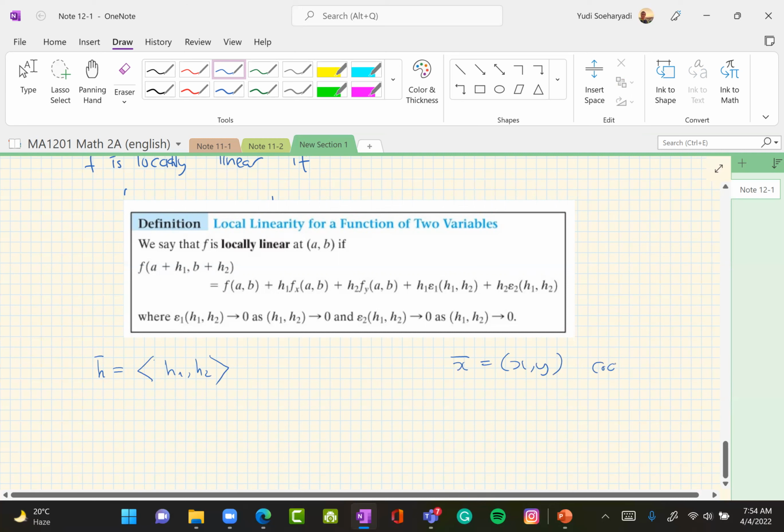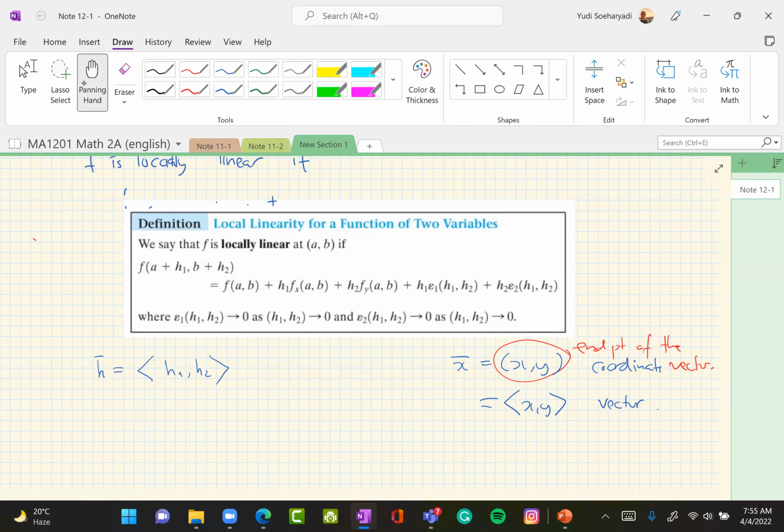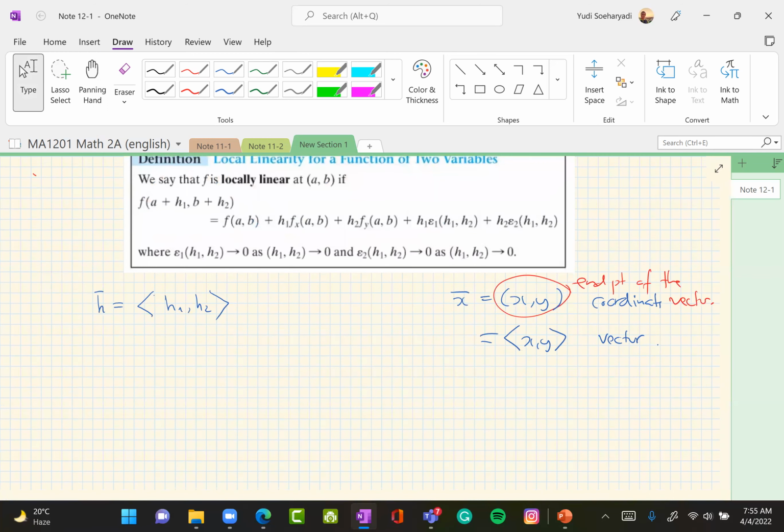this is a coordinate. Sometimes we write this as this one. This is as a vector. Okay. So the thing is, x and y is the end point of the vector xy. So this is the end point. Okay, you can remember the last chapter on vectors. Okay. So then let's see what